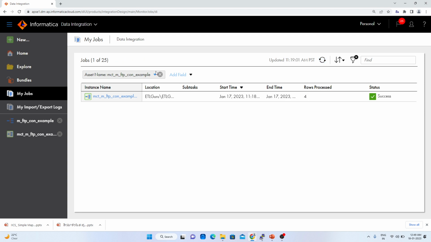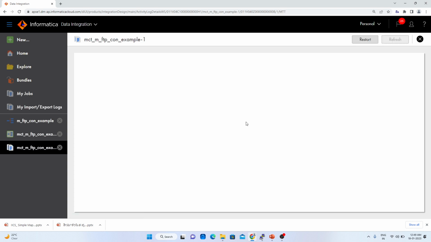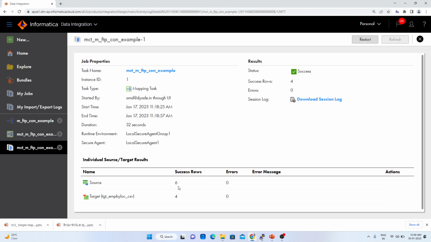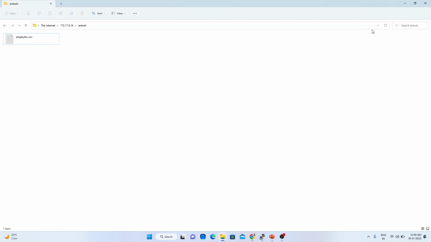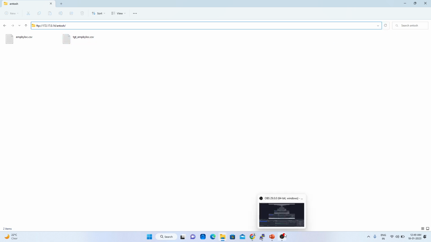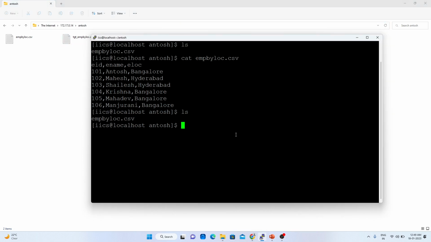Now you can see 4 records processed. If I go to this, there are total 6 rows, and out of 6, 4 records have been moved to the target. If I go to FTP and refresh it, you can see the new file has moved to the FTP server, my FTP server. Similarly, I can see the same in the shell. I'll put ls, and I can see the target, and the cat content of tgt